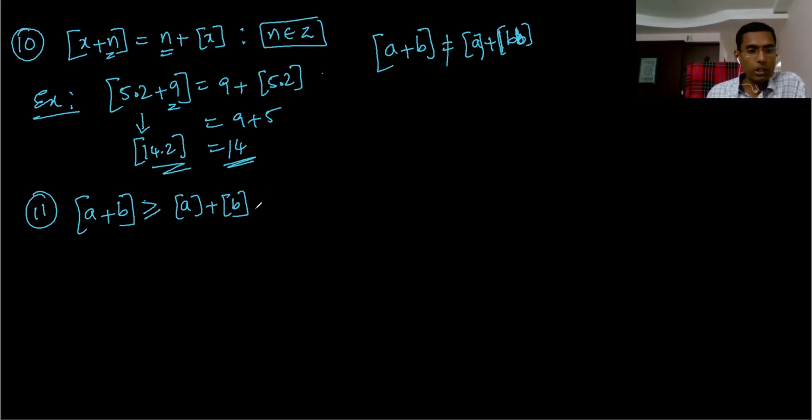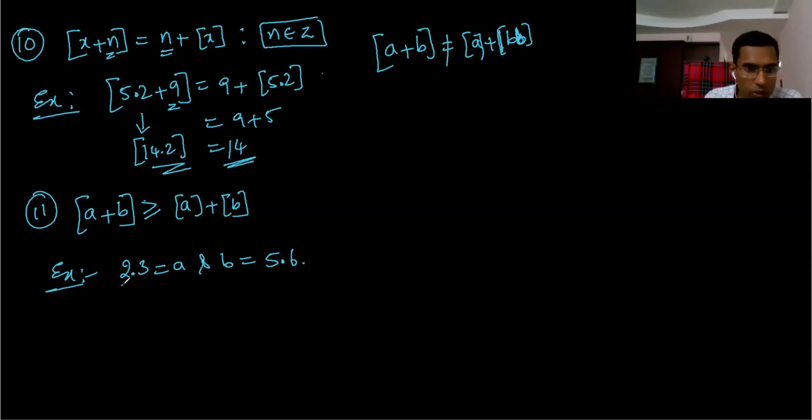So for example, it depends on a. Let's take a equal to 2.3, and b equal to, let's take 5.6. Now the fractional parts, if you see,